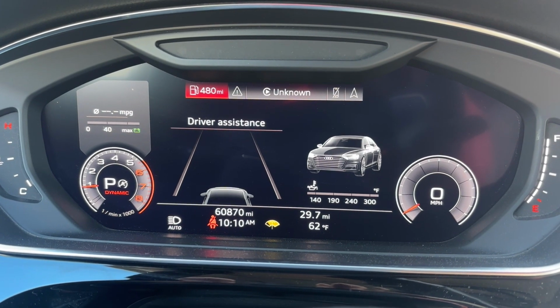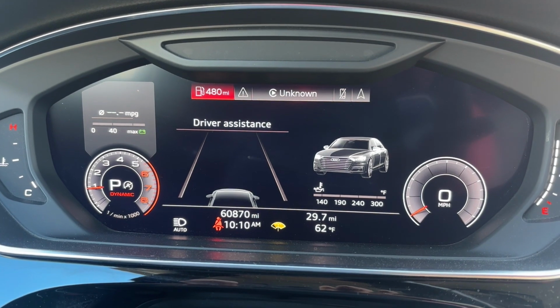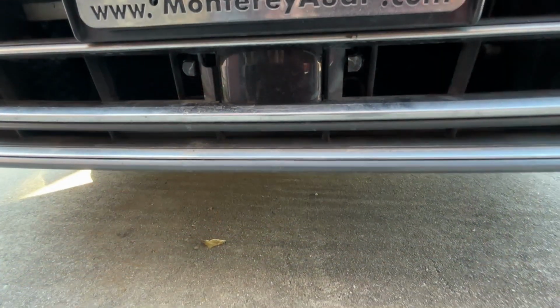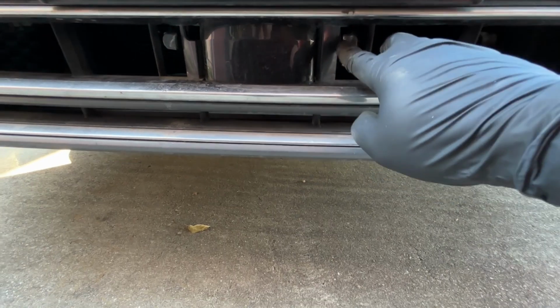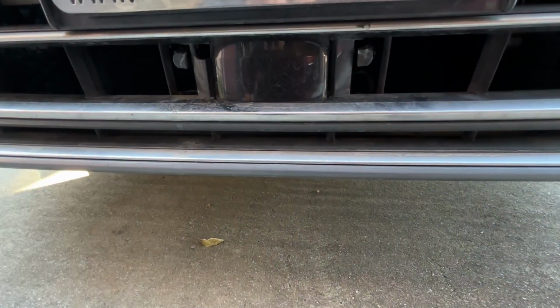Okay, so the windshield washer keeps draining because of the leaks. Okay, these are the washer that keep leaking. So